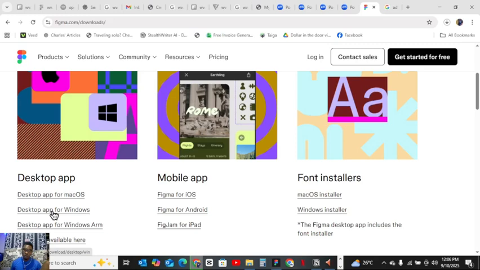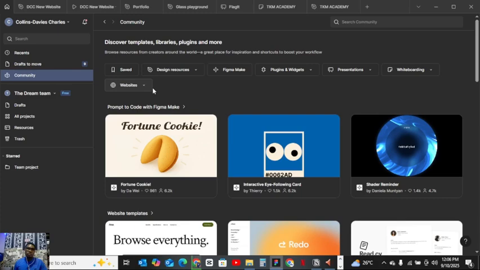So when you install the app, this is where you will come to, right? You can add an account. I'm going to show you guys what you'll be expecting.